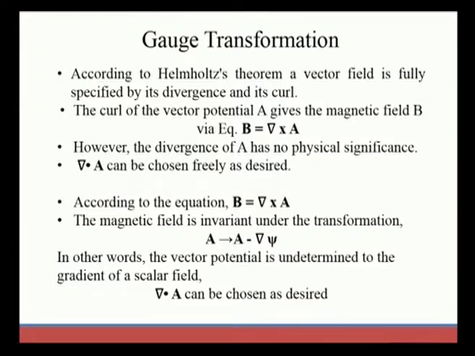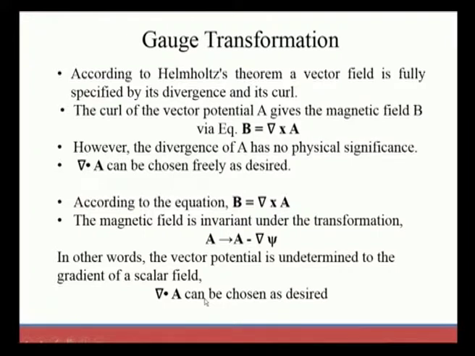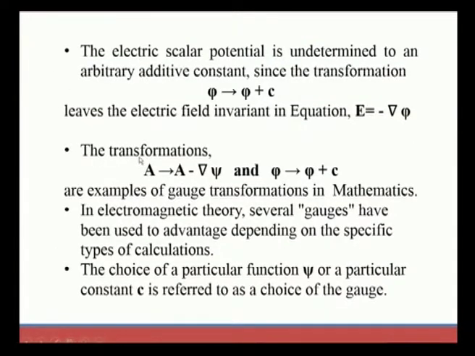So, vector potential is what, a cross product. The vector potential is always undetermined up to the gradient of a scalar field. So this can be said that del dot A, that is the dot product, can be chosen as desired also. This also says that the dot product and the cross product can be chosen as we desire; it is free of choice. Next, how are we going to transform the scalar potential?